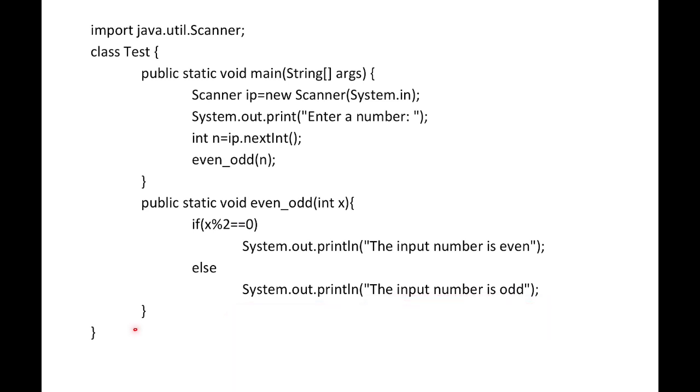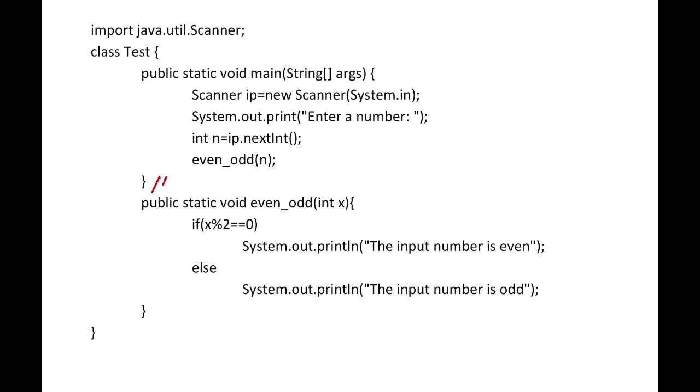Now when this method finishes its execution, the control again comes here and here it is curly braces. So the main method is finished, or we can say the program is going to finish, and here it is the end of class test. Here this is end of main, this is end of even odd.